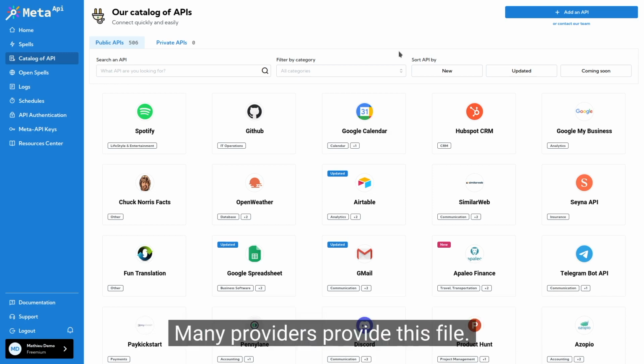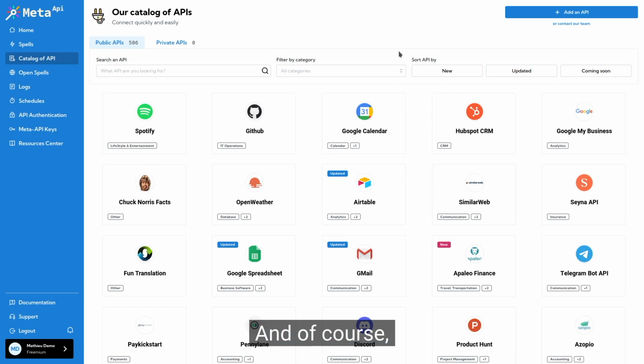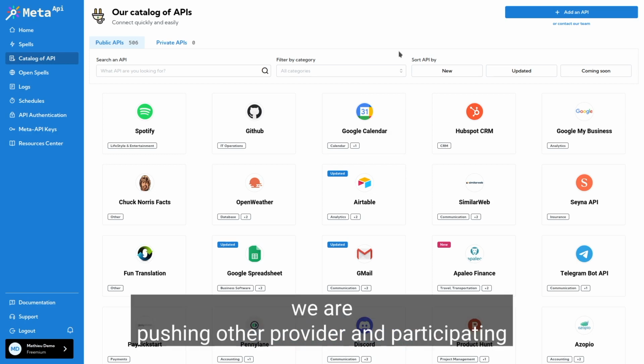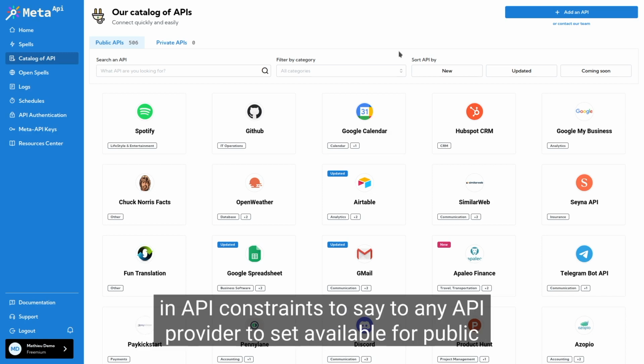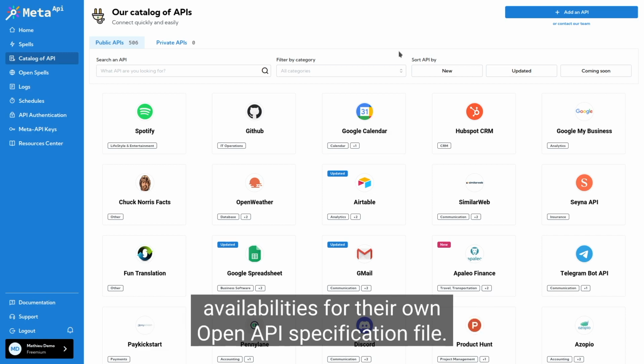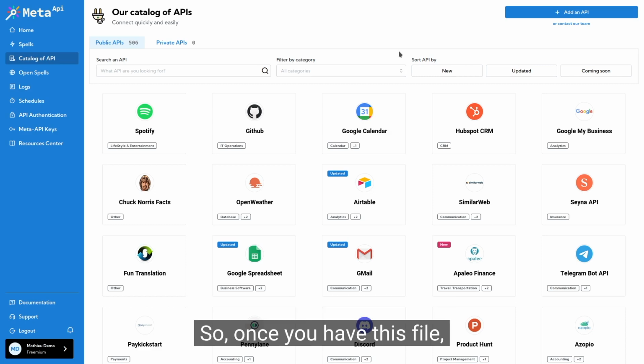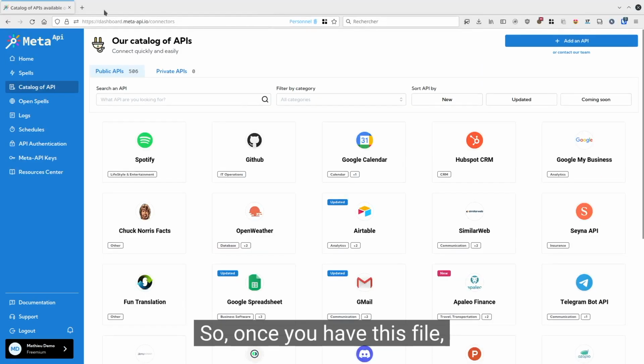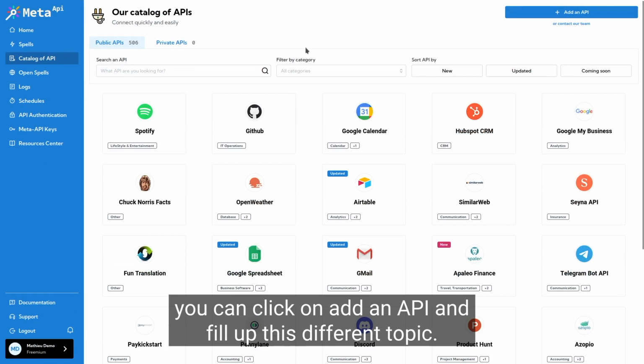Many providers provide this file, and of course we are pushing all the providers and participating in API conferences to tell API providers to make their own OpenAPI specification file publicly available. So once you have this file, you can click on add an API and